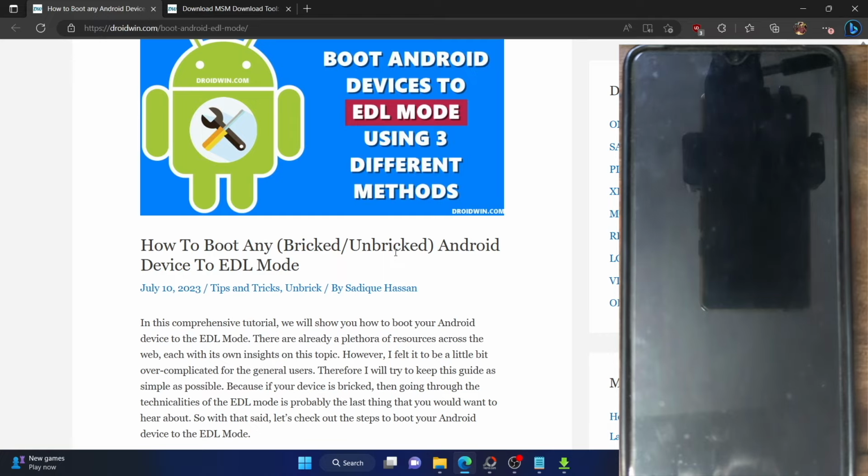Moreover, while the EDL mode is accessible across all the phones, the tool which is used to flash the unbrick firmware might not be easily available for all the phones. For example, in case of Xiaomi, you cannot access the tool. You will have to get the firehose.mbn file, which is now paid, and you could only access it using a Xiaomi authorized account. In my opinion, only till the OnePlus 9 series, you could easily access the tool